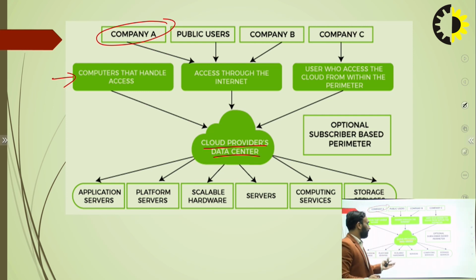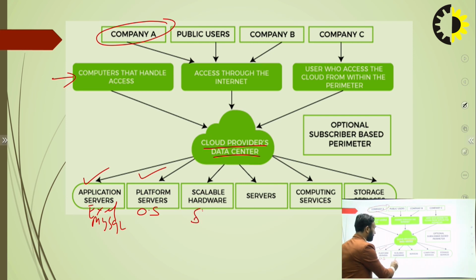The cloud service provider will provide application services and platform services like different OS and different applications like Excel and MySQL, and hardware services, meaning storage or space to store data,